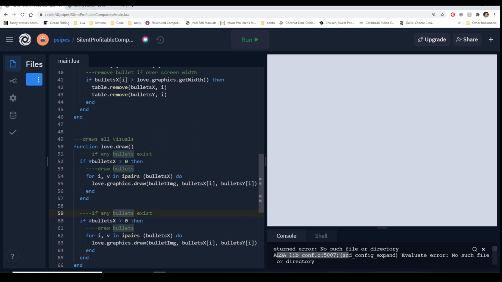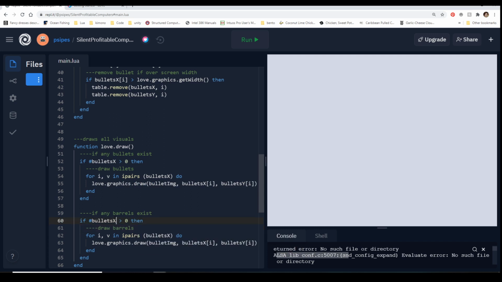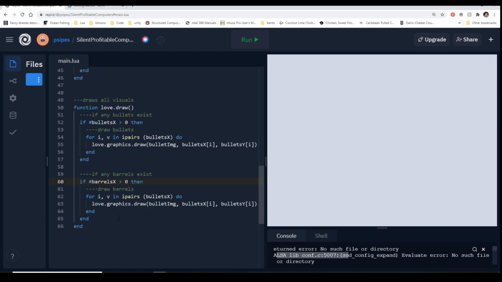So we can say if any barrels exist, and we're going to draw the barrels. And you just have to make sure that if you are copying and pasting, you're actually changing all the variables that need to be changed.